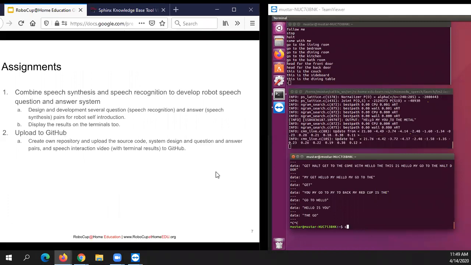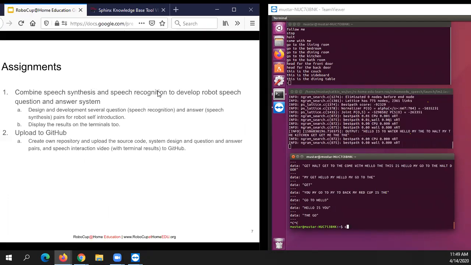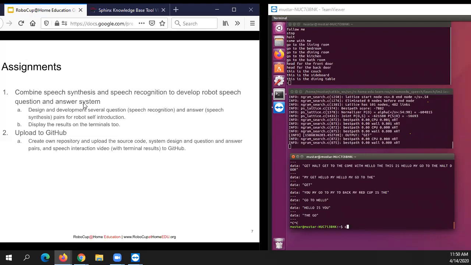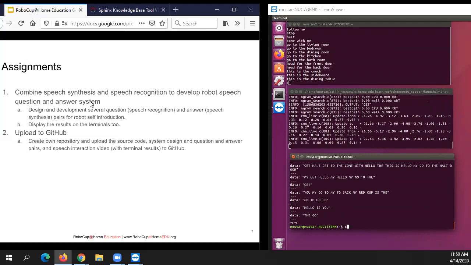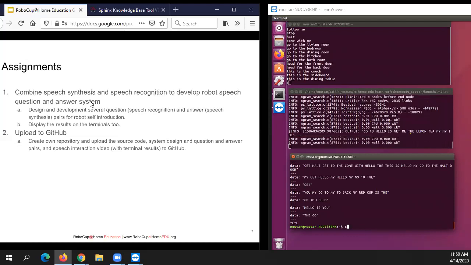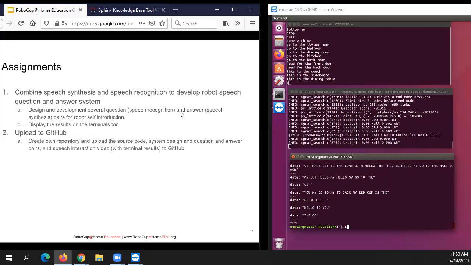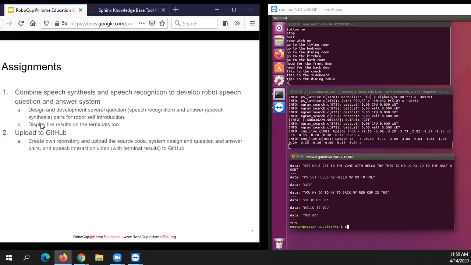So I will show you the assignment. I want you to practice combining the speech synthesis that we learned today with the speech recognition module. These are the two modules. You are going to combine them to develop a robot speech question and answer system. After you run your system, the machine should be able to recognize what you say and try to answer your question. So you design and develop several questions. The question will be the input for your speech recognition,